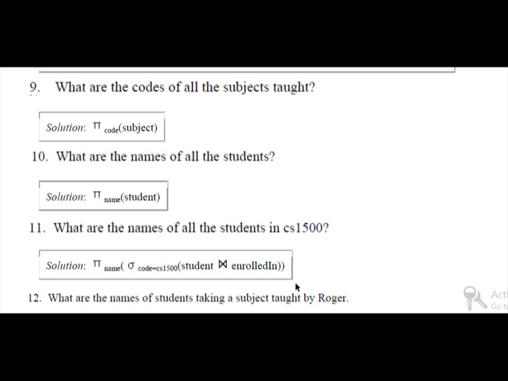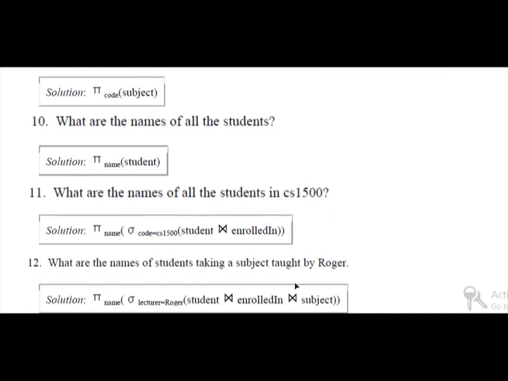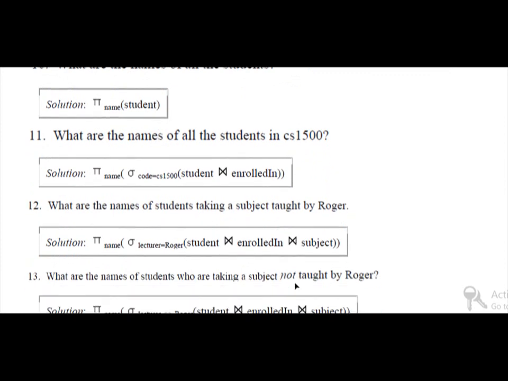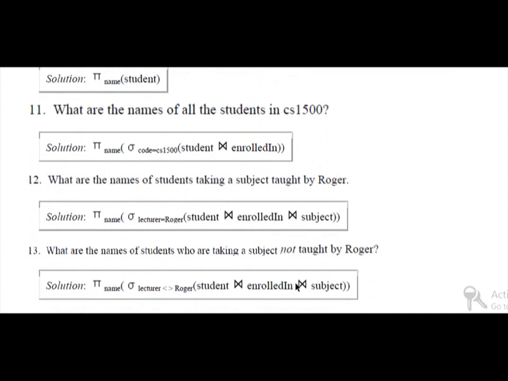Next is, what are the names of all the students in CS1500? Again we use projection, along with the selection operator, and both the tables student and enrolled in, so we write a join operation between them.